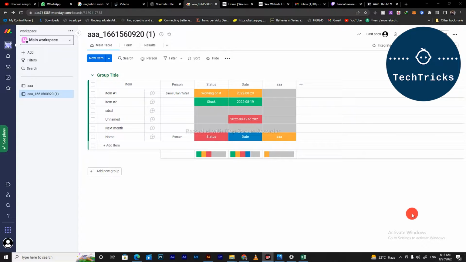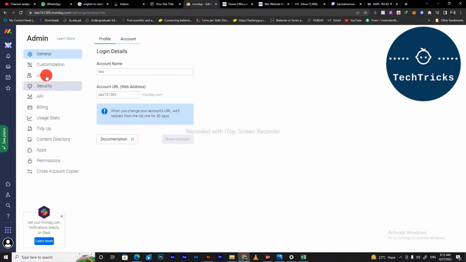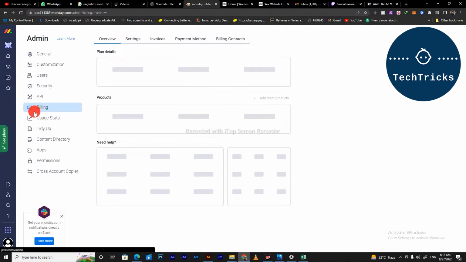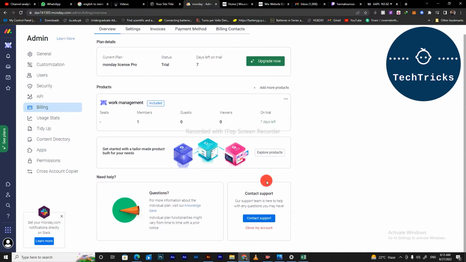First of all, what you're going to do is go to the profile option that is located down below and click on that. After that, you're going to the admins option. As you go to the admins option, there are all different kinds of options over here. Then you are going to go to the billings option. As you go to the billings option, now over here there is down there an option of contact support and